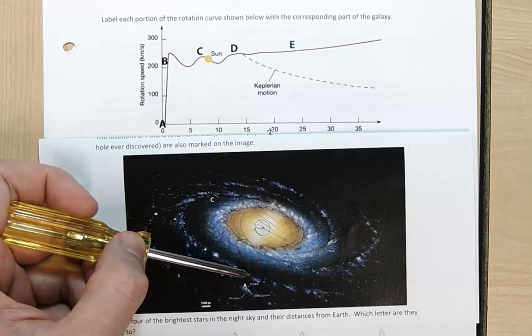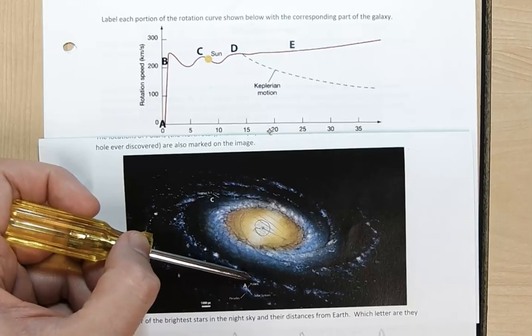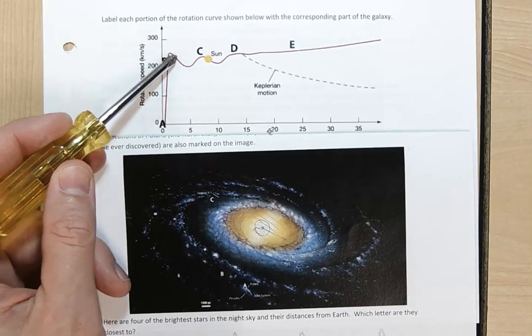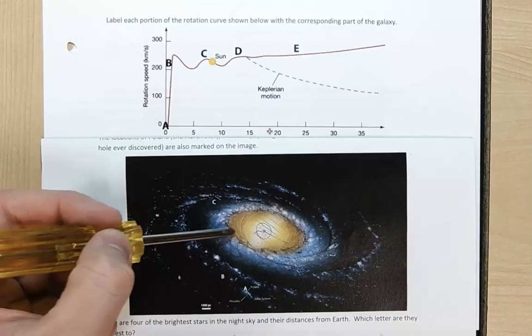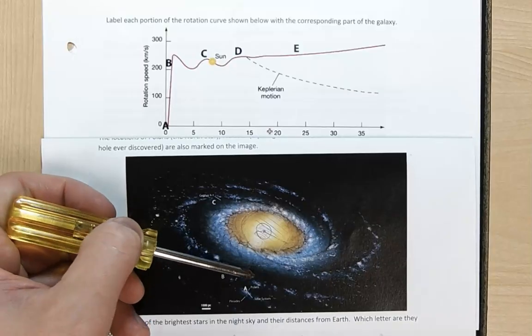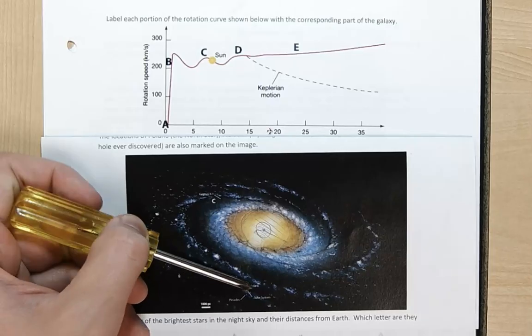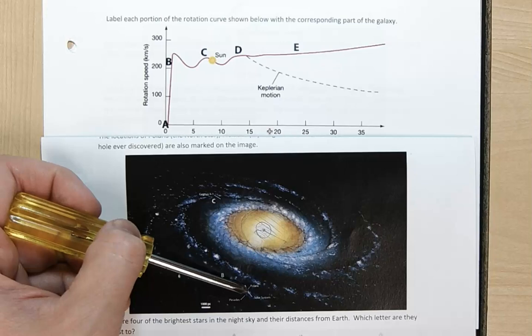But then you get into the second arm, the second spiral arm, right? Here's the first spiral arm. You're going really fast, and then it slows down, and then it speeds up again, right? As you get into the second spiral arm, now there's a bunch more stars and gas inside your orbit, and that's going to pull these stars to go a little faster.